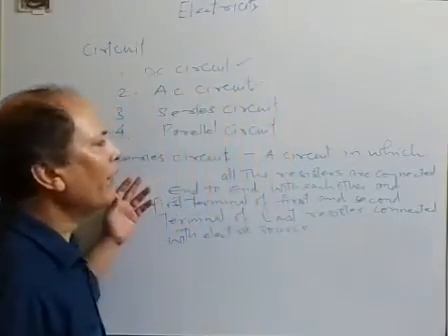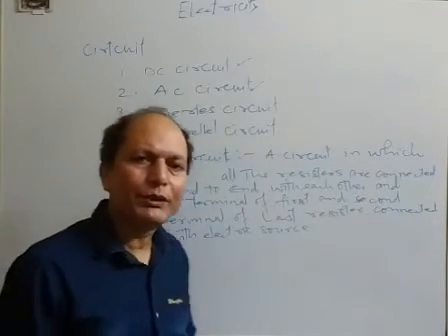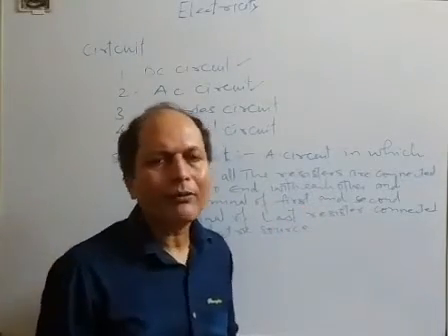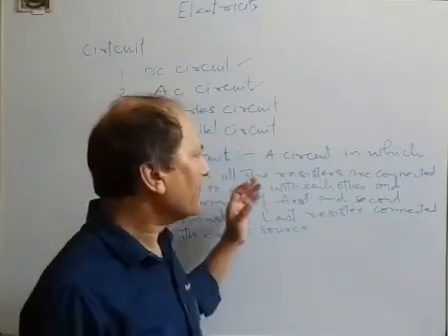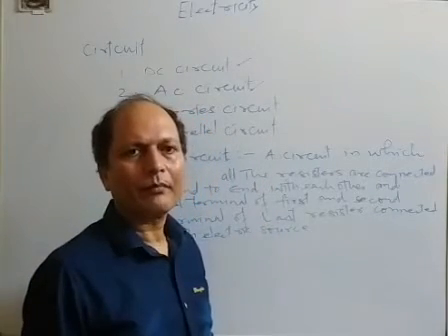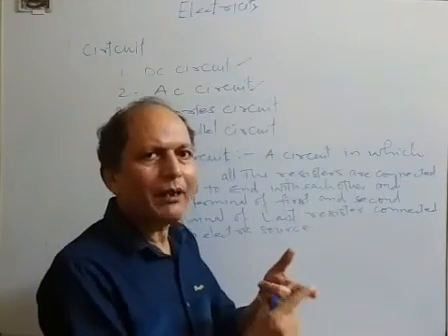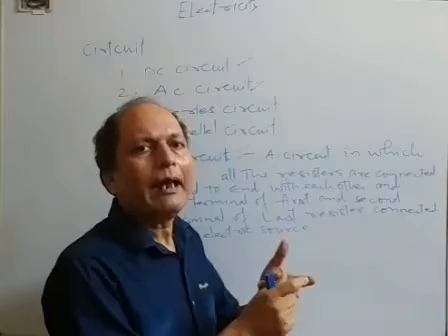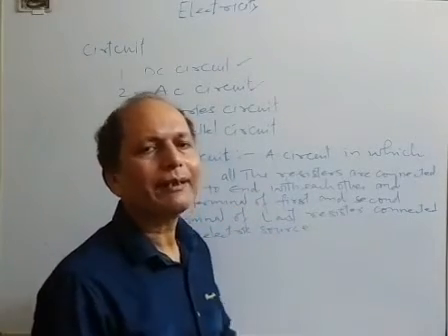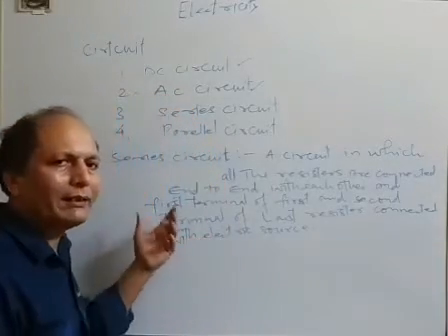So in this situation, how does it happen? Once again, in the case of series circuit, mostly students are confused and they don't understand that this type of pattern exists. So I am telling you here, once again, a circuit in which all the resistors are connected end to end, and first terminal of first resistor and second terminal of last resistor both are connected with electric source. This source may be AC or DC. Such type of circuit is known as series circuit.